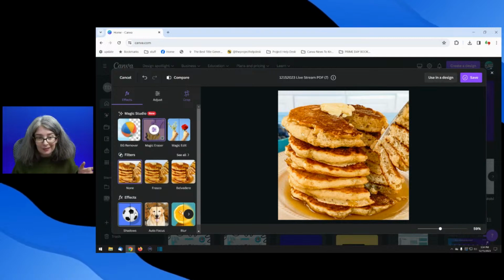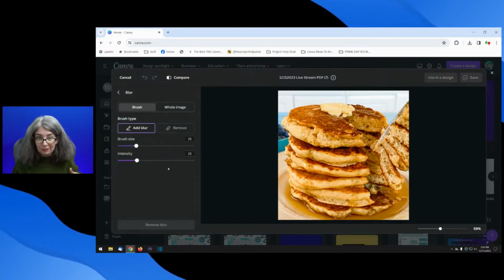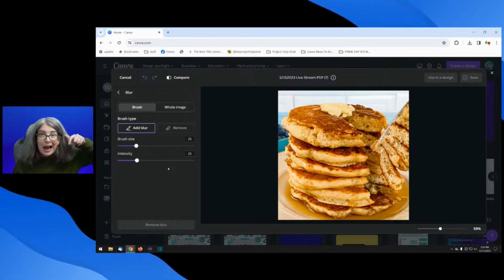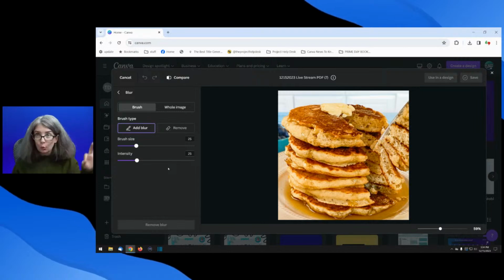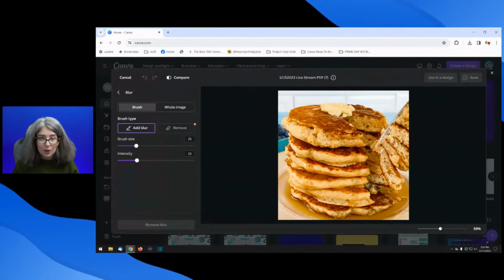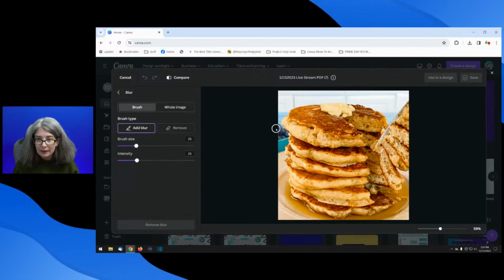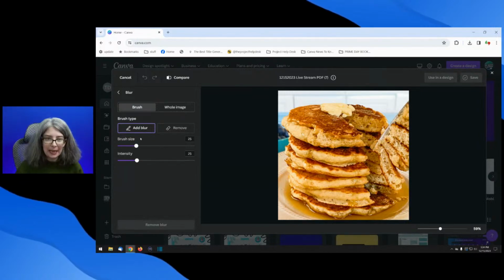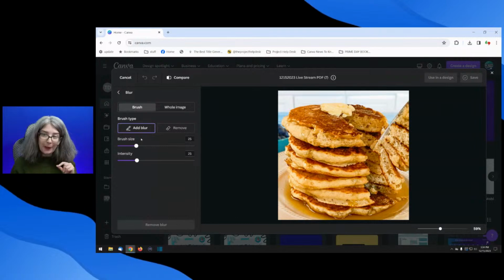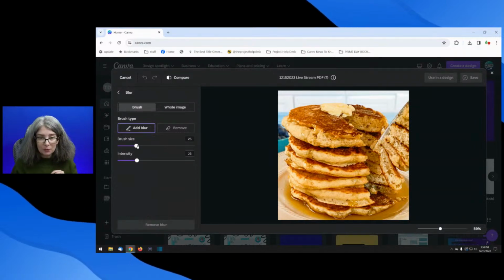We could click blur. And guess what? You've got a blur brush right inside of this photo editor. What if we wanted to make these blueberries, wow, I really can't speak today, this blueberry a little blurrier? Well, guess what? I can reduce the brush size.